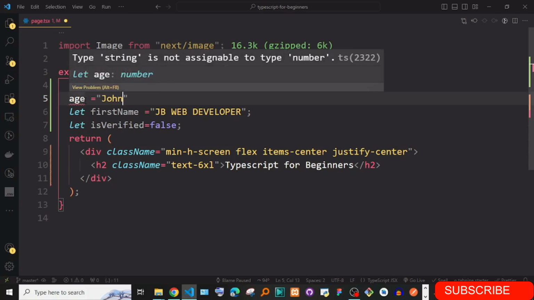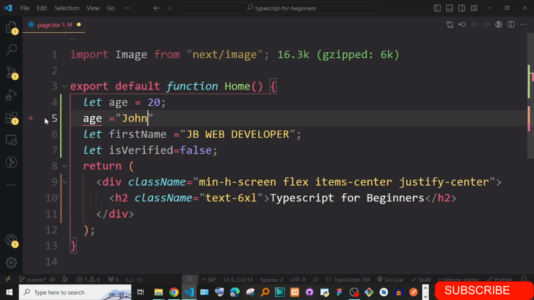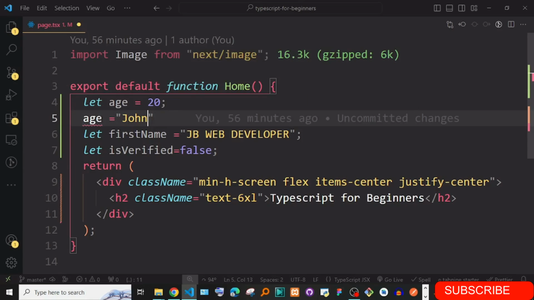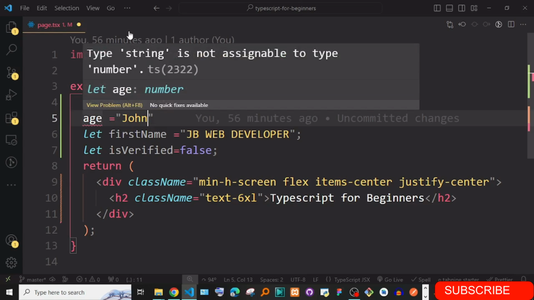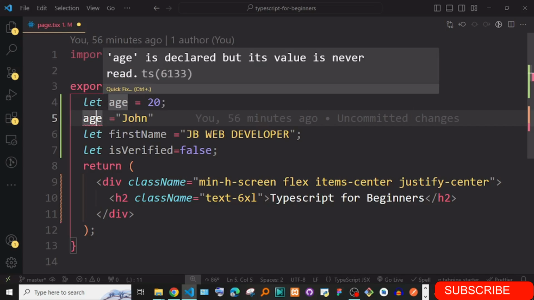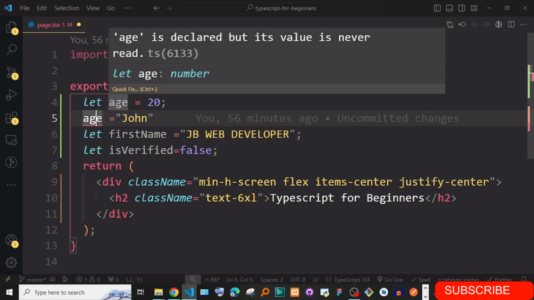If you do this, it is going to underline it, saying type string is not assignable to type number. After you named this, you can see by default it already knows that age is a number, and we didn't define a number anywhere. This is what you call type inference.